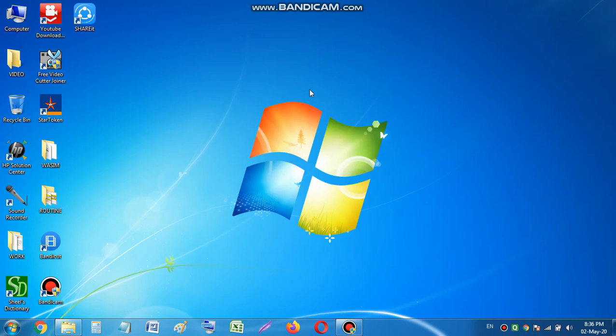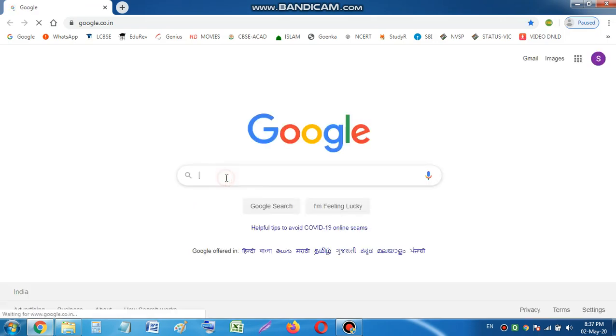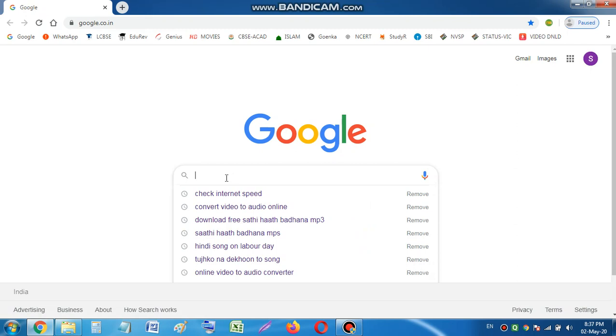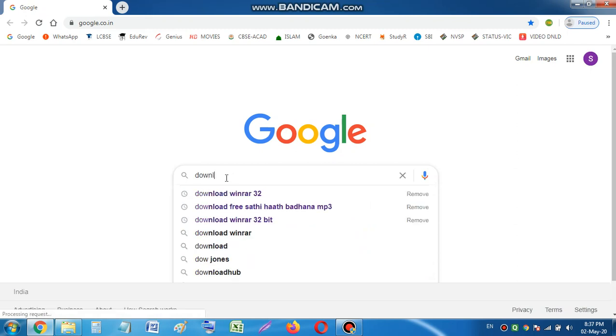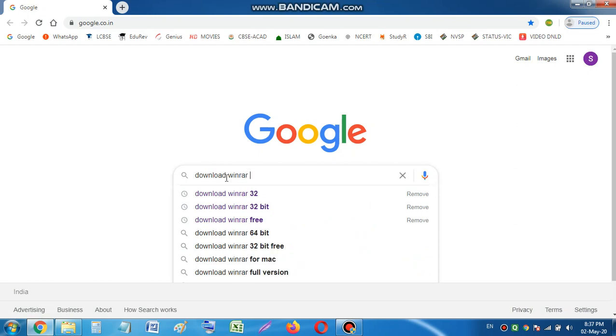So if you are using suppose laptop or desktop, you might have a Google Chrome installed in it. Just I'm clicking on Google Chrome, you can see there it's opening, and we will have to search for the software. See, I'm writing over here the search word download WinRAR, and you have to check that your system is using 32-bit operating system or 64-bit. Most of the systems use 32-bit operating system, so you can check that from the system.